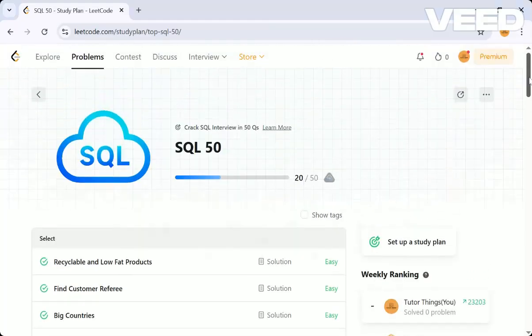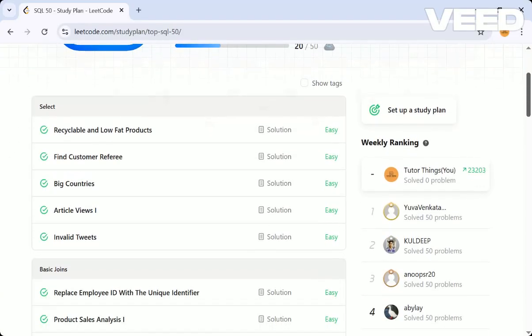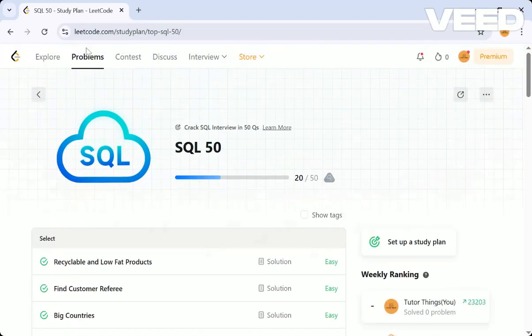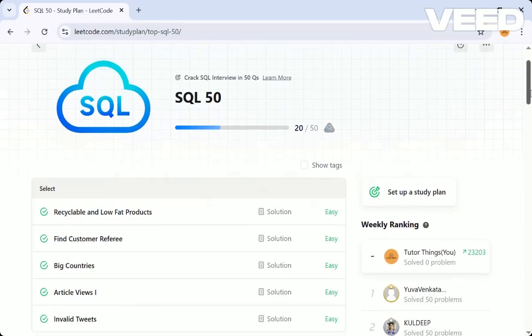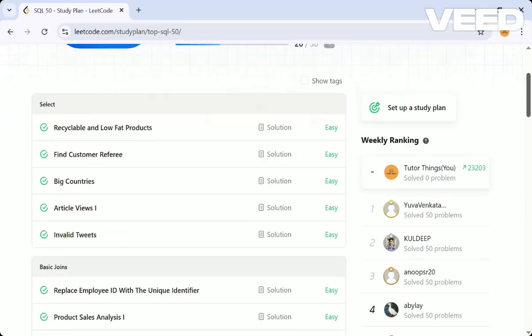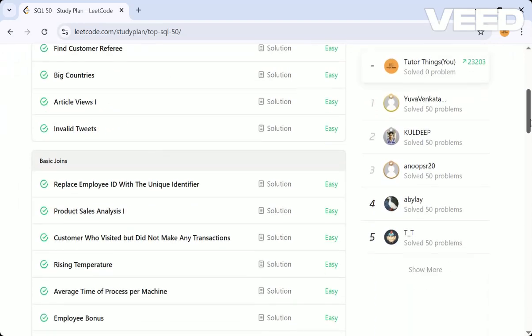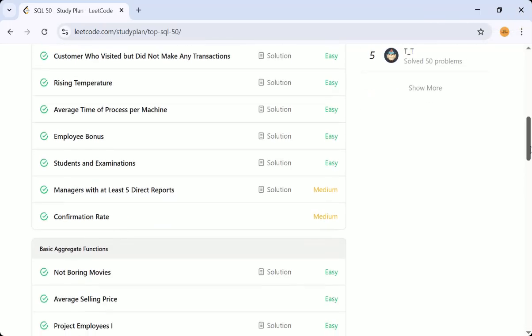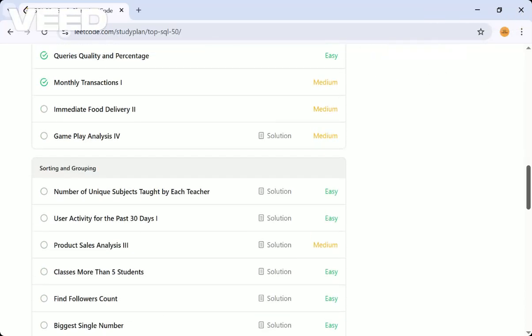So, as you all know, we have started the LeetCode SQL 50 series, where we'll solve 50 problems on SQL that will help you crack any SQL interview. That will also improve your problem-solving skills in SQL. Actually, we are using the LeetCode website, which is mainly for data structures and problem solving, but we are using SQL as we have done SQL series mostly in our channel. So I thought this will be helpful for my subscribers who are following those series, and will show them how the concepts are applied in real time with these kinds of questions.